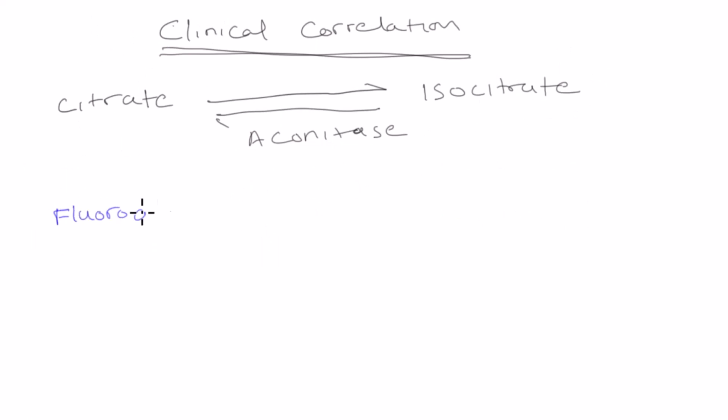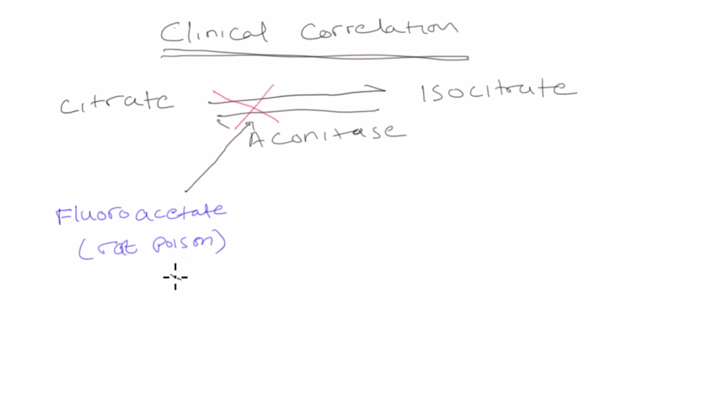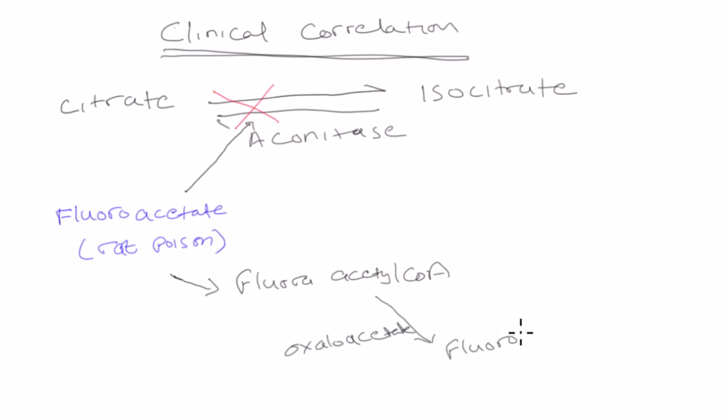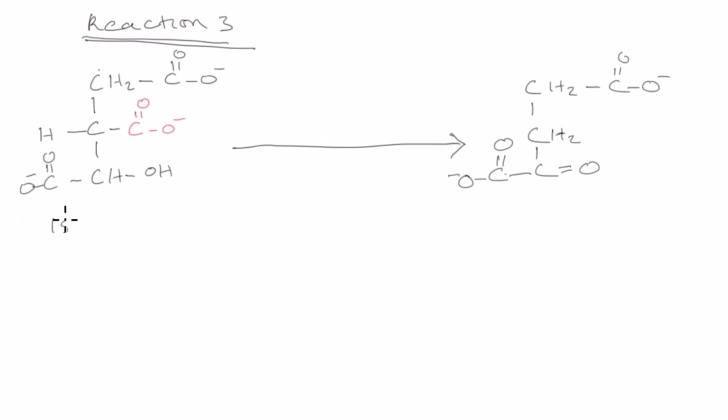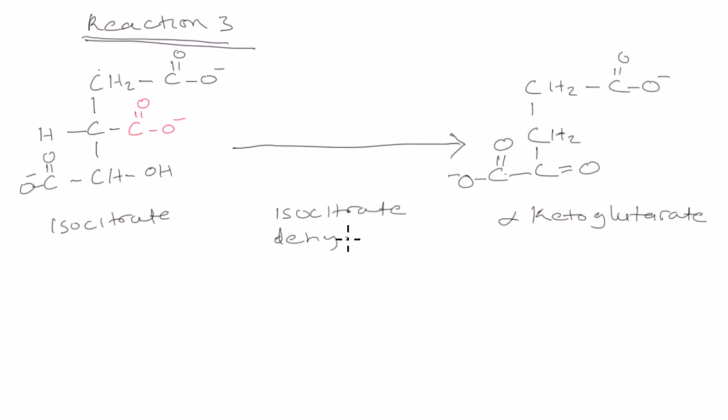Clinical correlation. Aconitase is inhibited by fluoroacetate, a compound that is used as a rat poison. Fluoroacetate is converted to fluoroacetyl-CoA, which condenses with oxaloacetate to form fluorocitrate, a potent inhibitor of aconitase, resulting in citrate accumulation. Isocitrate then undergoes an irreversible oxidative decarboxylation, forming alpha-ketoglutarate, a reaction catalyzed by isocitrate dehydrogenase, yielding the first of